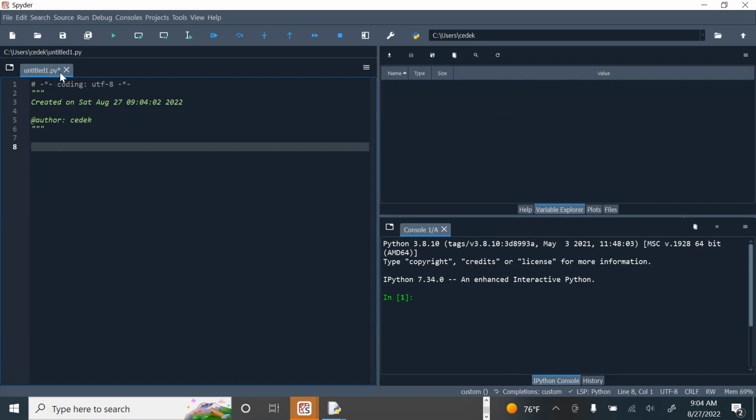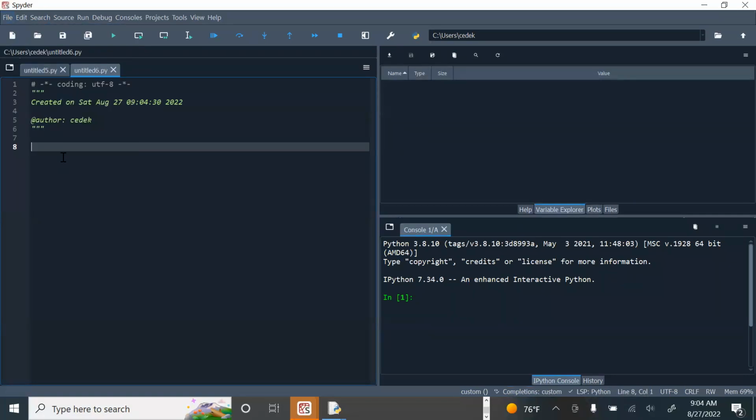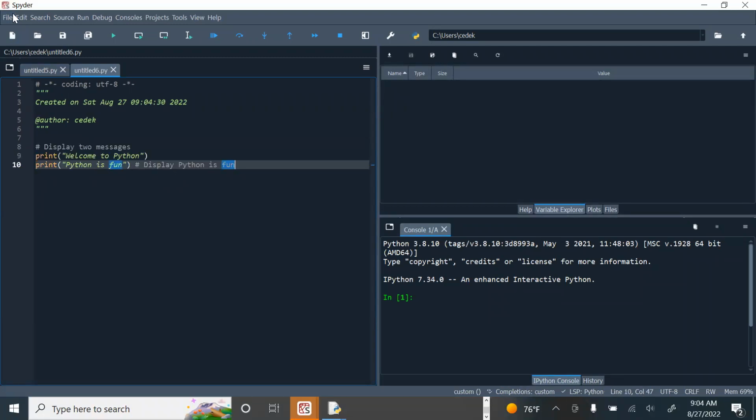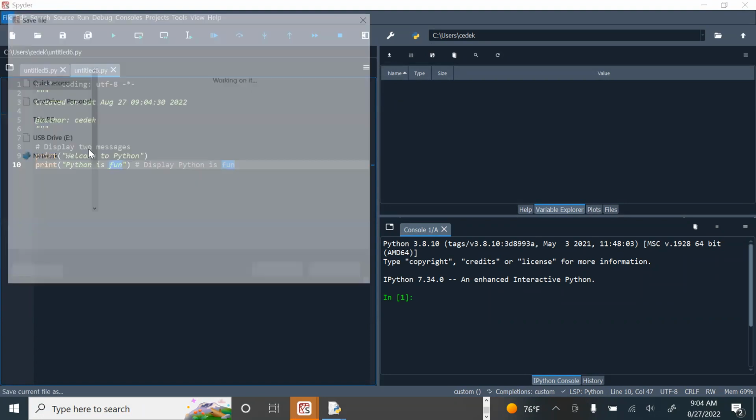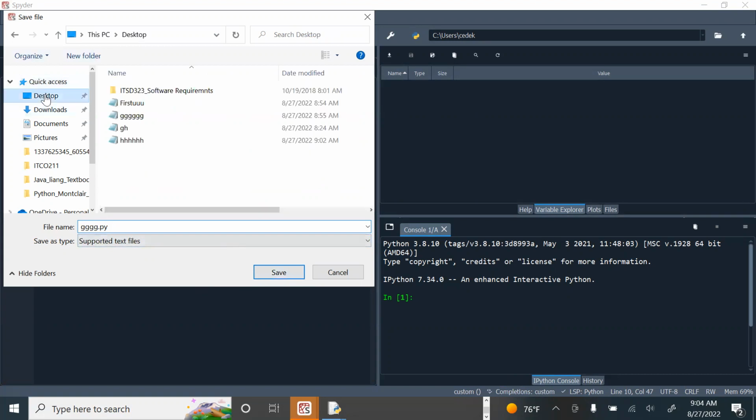So let's say, for example, we are going to write a program. What I'm going to do now is close everything, and then I click File, New. Then I'm just going to paste the same code here. The first thing I'm going to do is save it. So I'll go to File, Save As, and I'll give it any name again, .py. Again, for Python the file extension is always .py. I'm going to save it on my desktop,